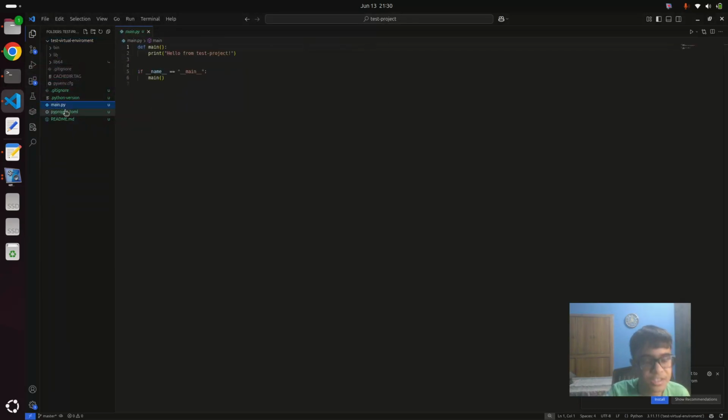And you can change the name of this file, or if you don't want to, it's in your hands whether you want to change the name of this main.py file or not, because this main.py file is just the sample project. In some projects main.py is used for the main UI tasks and all that, so you can still keep the name main.py, but if you want to do the project in one file, you can change it. But actually I advise you not to change it, because mostly in projects main.py is used.